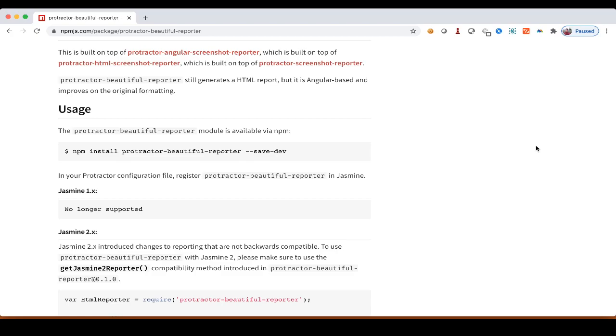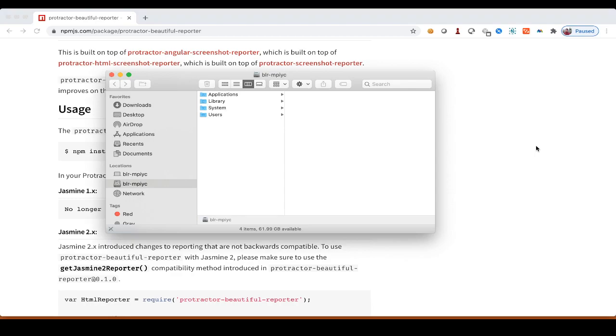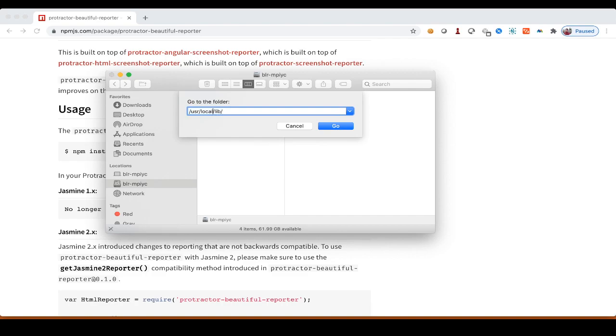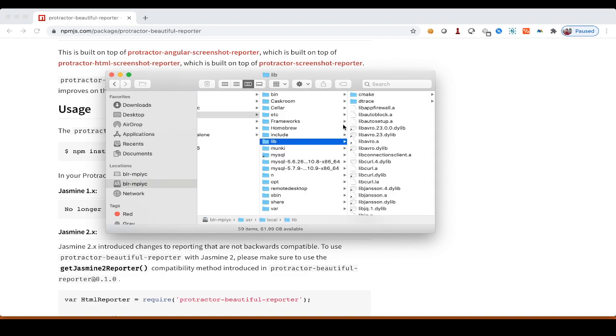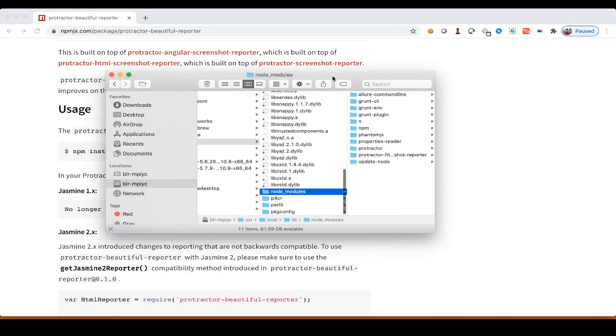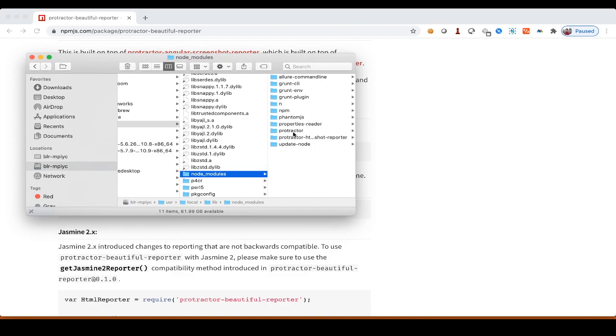First you need to find location of the Protractor in your system. If you are a Mac user, open your Finder and then press Command Shift and G. Here you can see user local lib, or you can just type exact /usr/local/lib and then click on go. Inside the lib folder you can see one node modules. So in this node modules you will see Protractor,